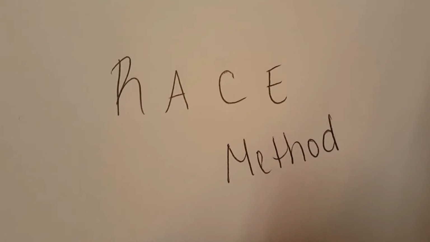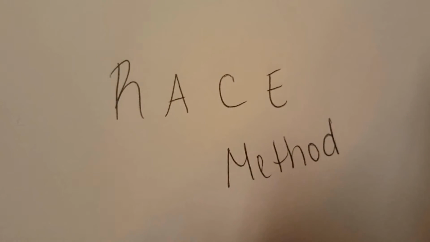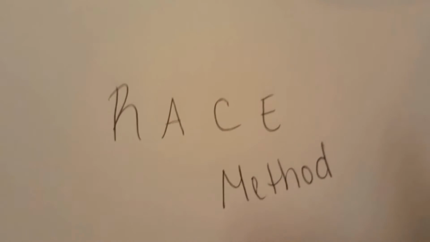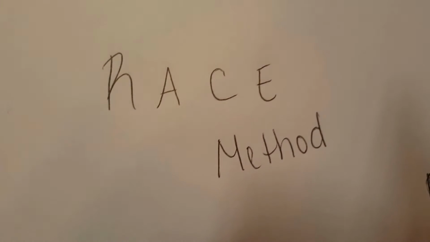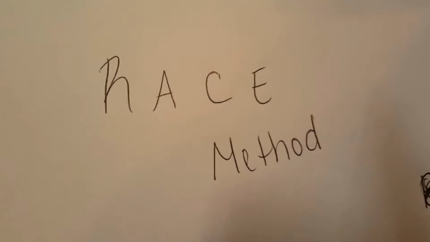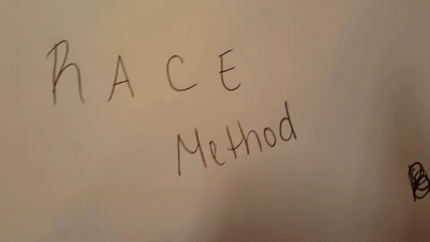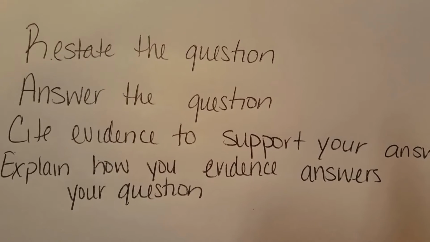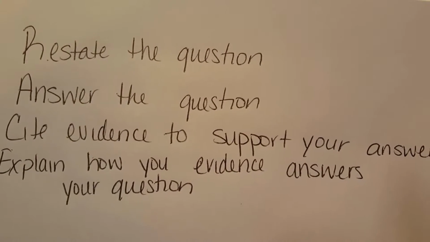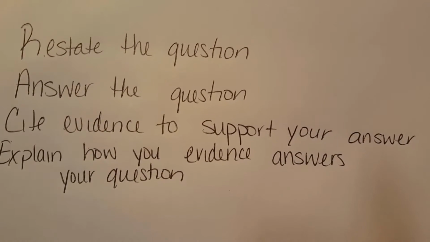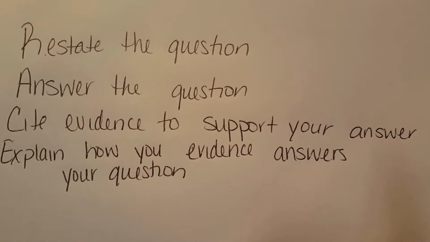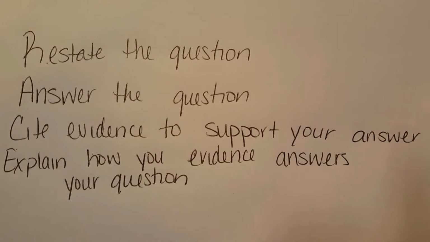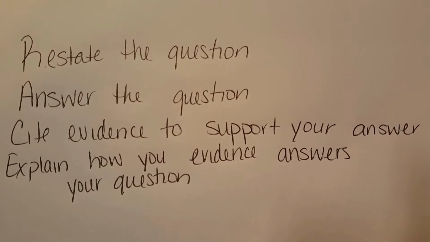Okay, this is just a quick reminder for my students who may have forgotten about what the RACE method is, and I'm going to go through and show you an example from something that we're doing in class. If you don't remember what RACE is, the R is to restate the question, answer the question, cite evidence from the text to support your answer, and then explain how the evidence answers your question. Okay? So give me a second and I'm going to choose a question from our